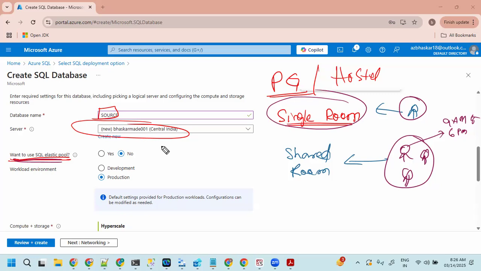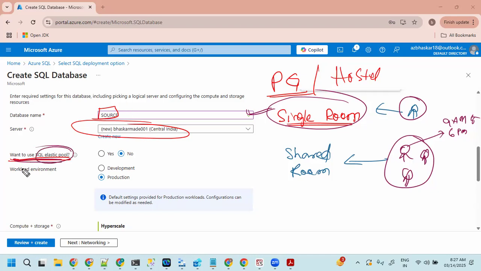Okay, so that kind of problem is there. Basically, most of the companies will use it and keep only a single database. Some smaller companies or startup companies providing services, if they want to reduce the cost, then we can suggest going for an elastic pool to share the resources across the databases. If any of the databases is idle for some time, then other databases are going to consume the resources.